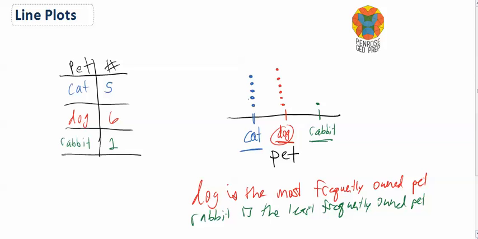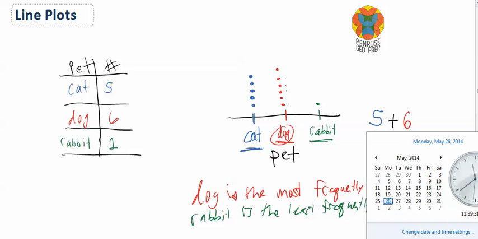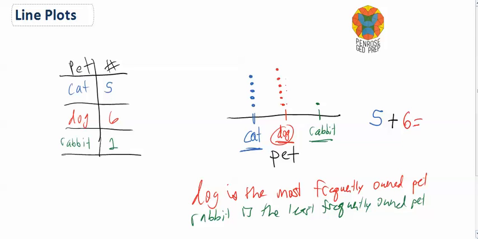We can also look at how many people in a neighborhood own a cat or a dog. So we see that there are 5 marks under cat. So that means there are 5 cats owned in the neighborhood. And then we can add the number of dogs owned in the neighborhood, and we see that there are 1, 2, 3, 4, 5, 6 marks for dog. So there are 6 dogs in the neighborhood. And then we can add these numbers up, and we find that there are 5 plus 6, 11 cats and dogs